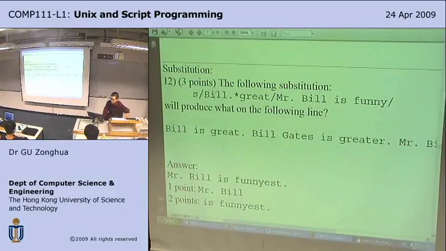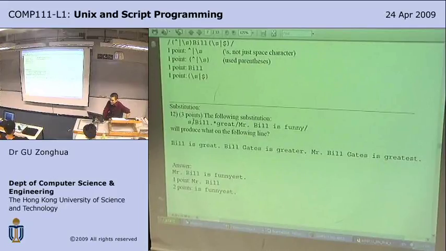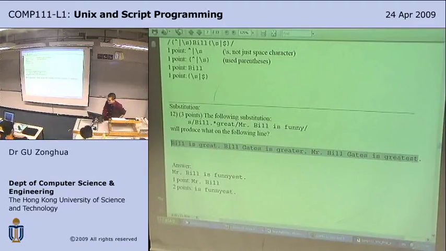So which substitution? This substitution will produce what on the following line? So this is matching bill followed by any characters, any number of times, followed by grade, and replace it with Mr. Bill is funny. So the key here is to know that regular expression matching is greedy, so it'll match the longest possible string. So it'll match all the way up to the last grade,